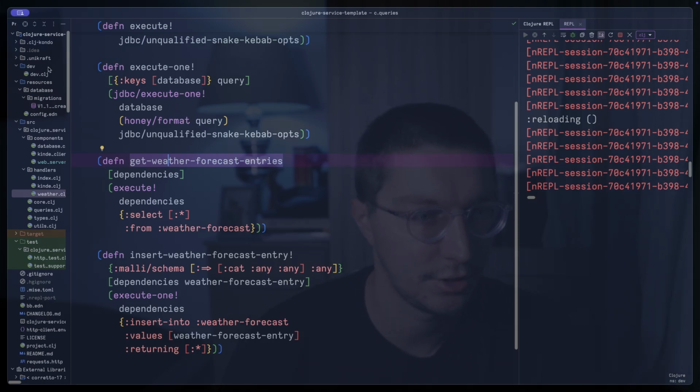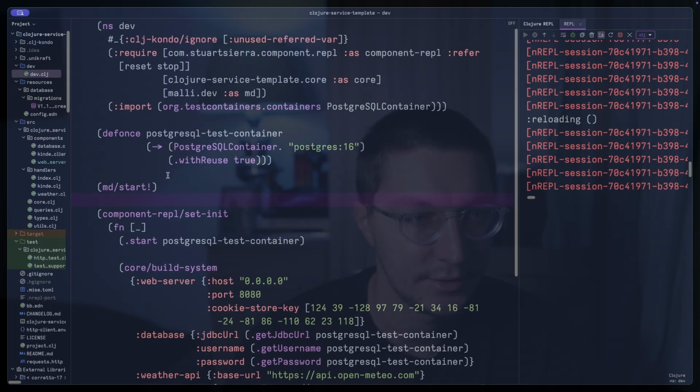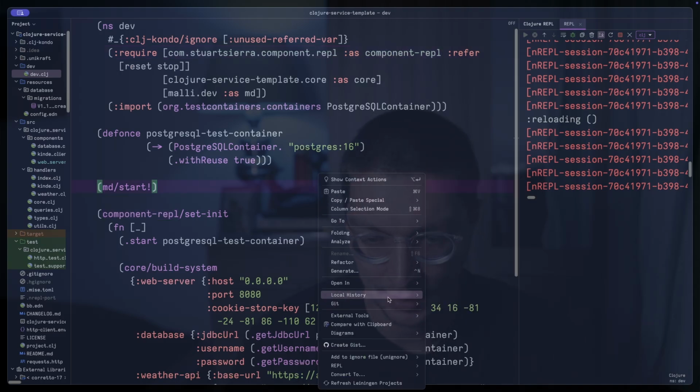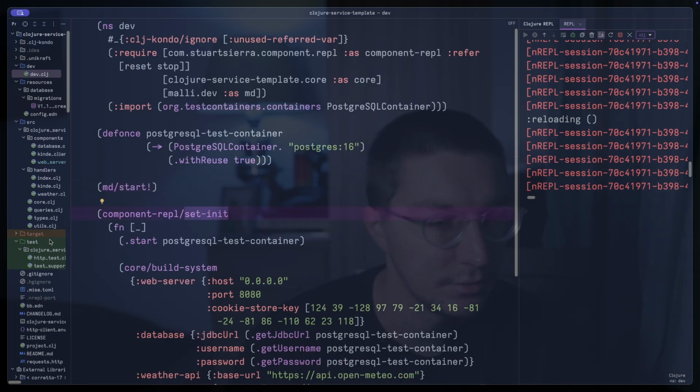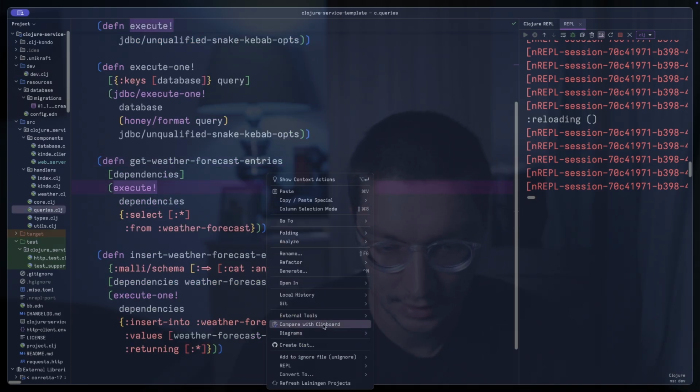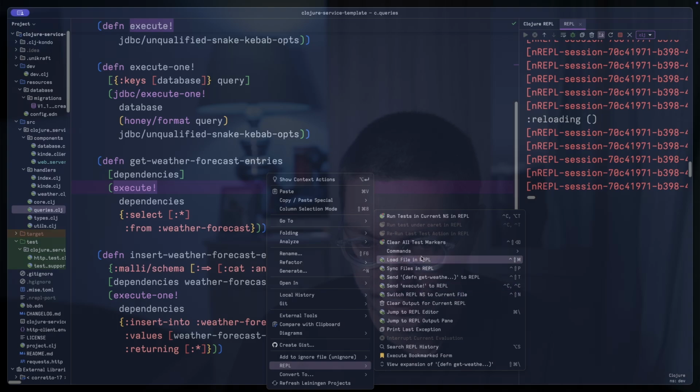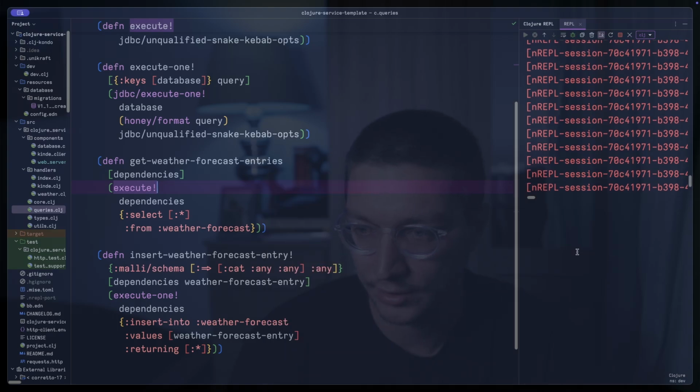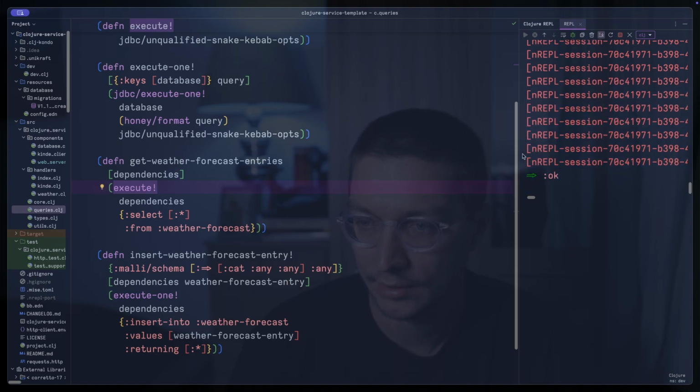The other thing I want to show is the development flow, and it is in this dev file. I'm using the library from component, like a helper one for the component REPL, and it will provide things like reset and stop. I also have a command configured. I need to go to some Clojure namespace, go to REPL, and then you can see these commands, and I have this restart system. And if I call this, you see something happened in the REPL, and it shows OK